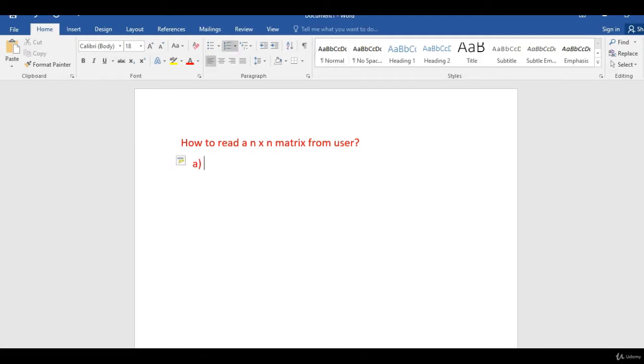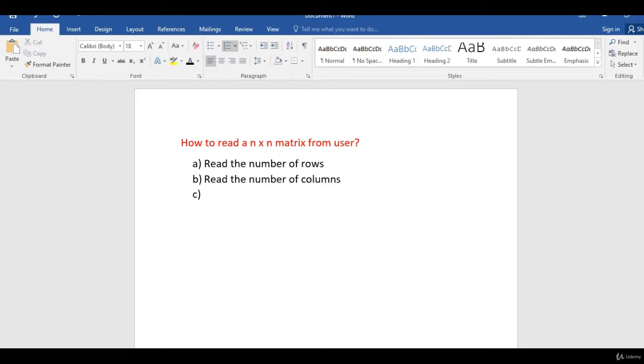So first, what is the step? In the first step, we are going to read the number of rows. Then we are going to read the number of columns for a matrix.